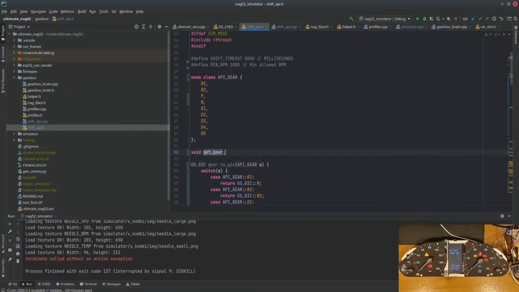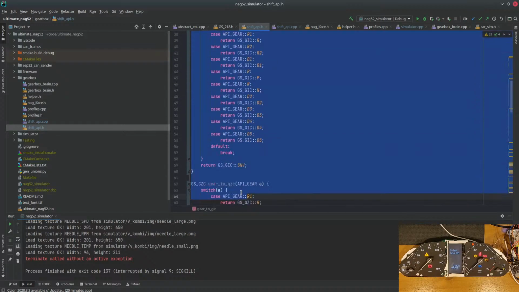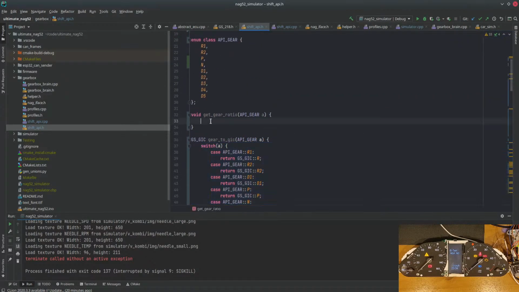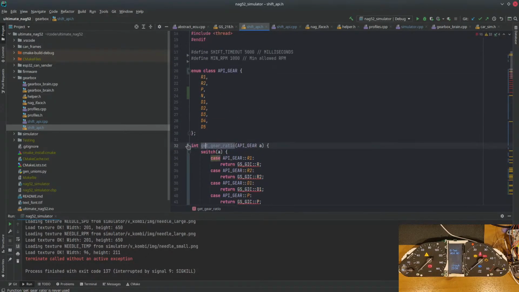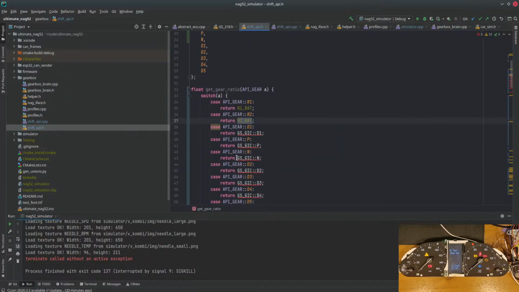Void get gear ratio and API gear A. It should also return an integer. No, it will be a float actually, not a double. Return R1 ratio, return R2 ratio, return